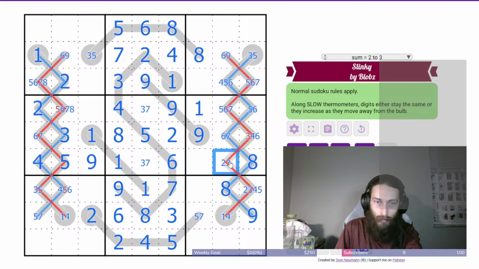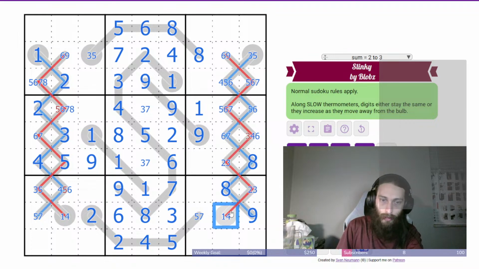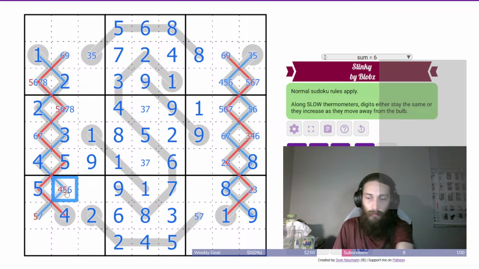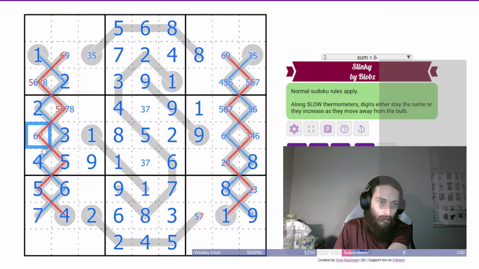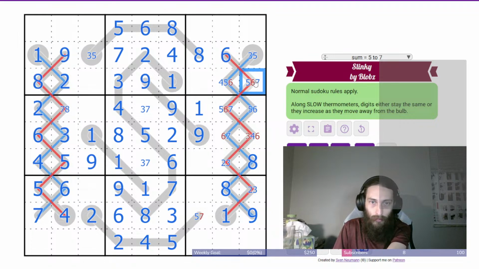4, 5. Because now this one's max 3, so this can't be 4 or 5, so this is a 1. This is a 4, this is a 5. A 6, making this a 7, this is 6. 4, 5, 5, 6. Can't be that. But now this can't be 5, 6, or 7. It's an 8. This must be a 9. This is a 6. Goes down to 5,